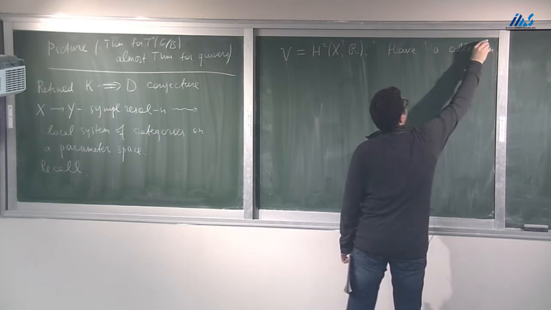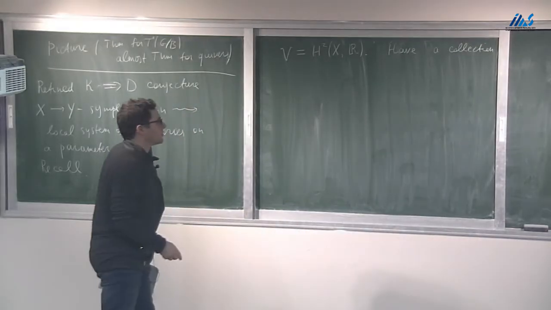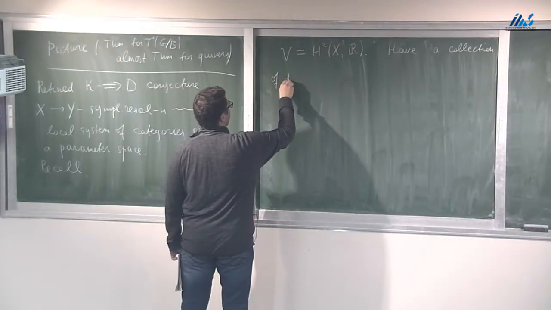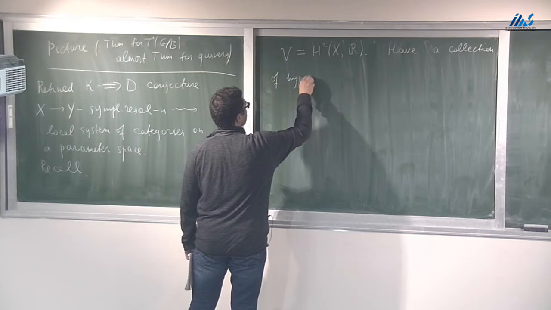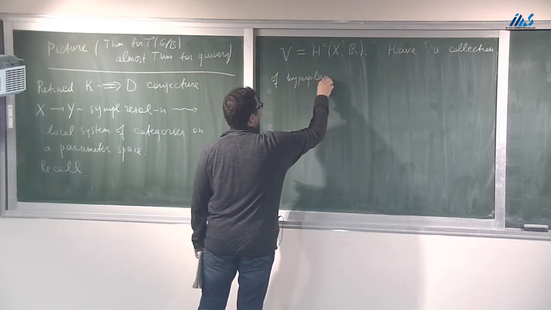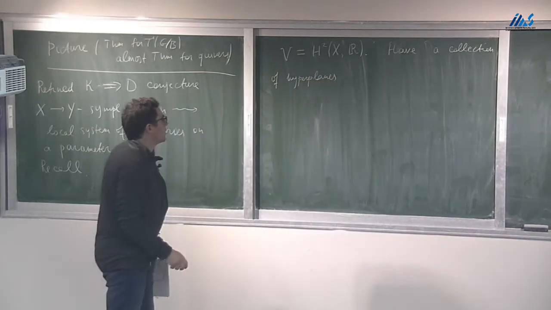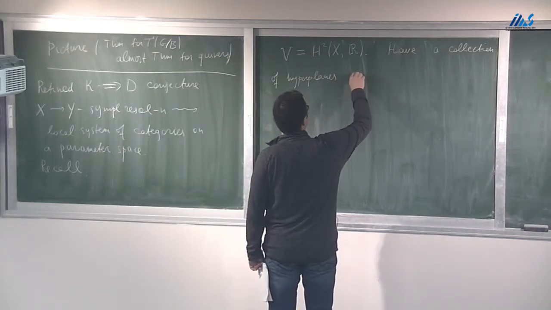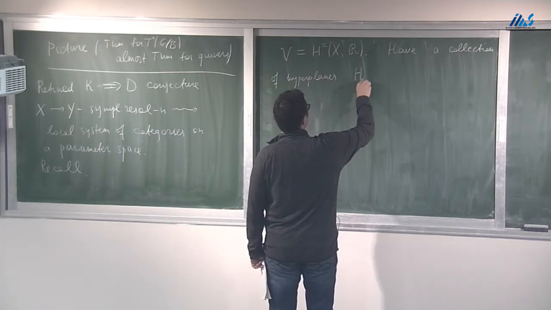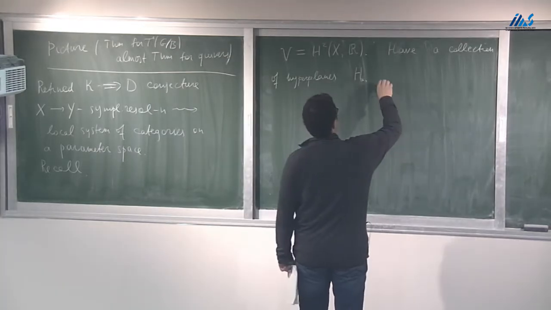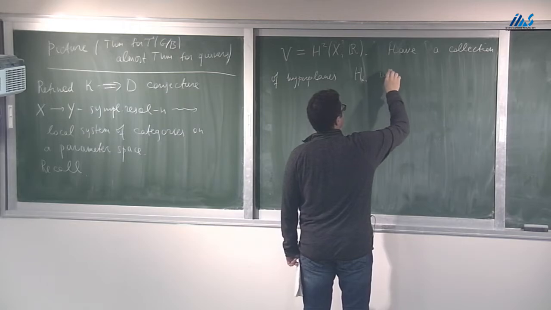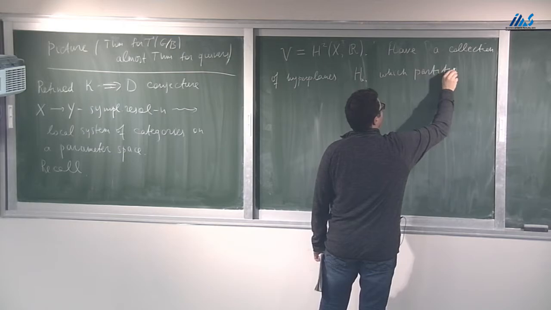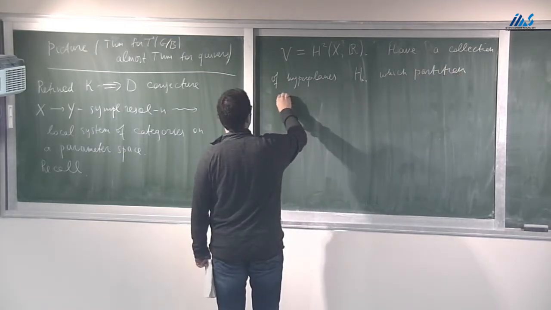Also this was explained in Sasha's talk, at least. Rational hyperplanes H alpha, which partition V into cones,